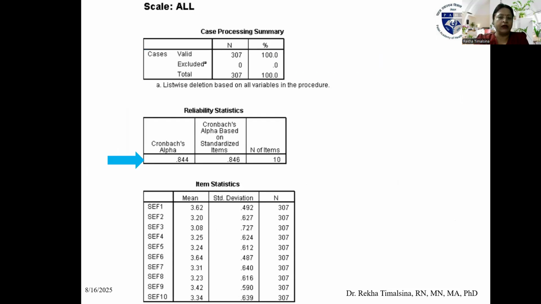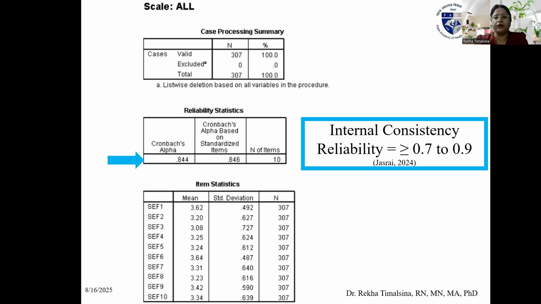And another piece of information we can find in the SPSS output is the reliability statistics. We can find Cronbach's alpha and Cronbach's alpha based on standardized items. Internal consistency reliability values between 0.7 and 0.8, as suggested by Cronbach 1951, Nunnally and Bernstein in 1994, as well as Just Right 2024, indicate acceptable reliability